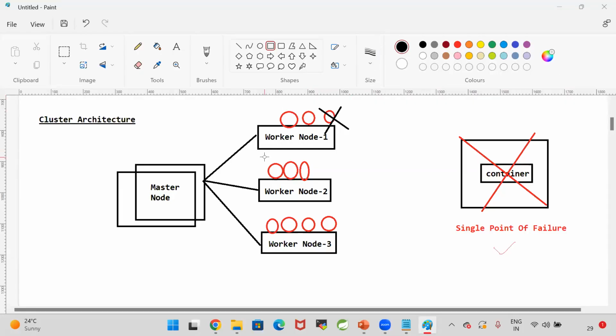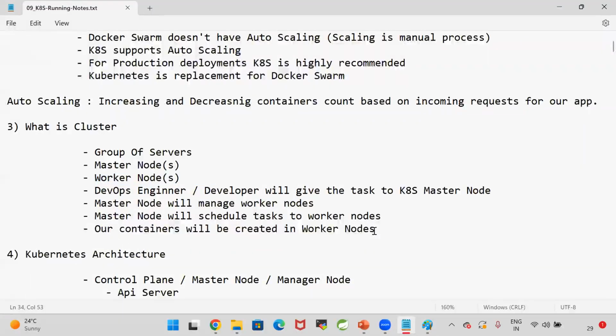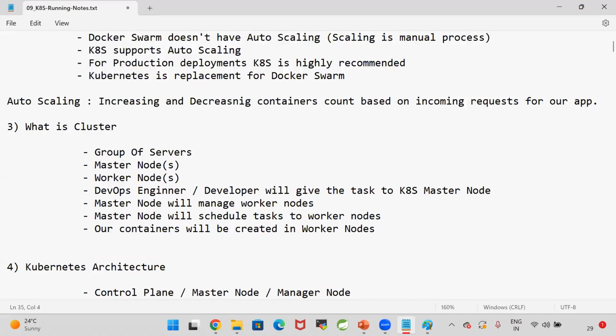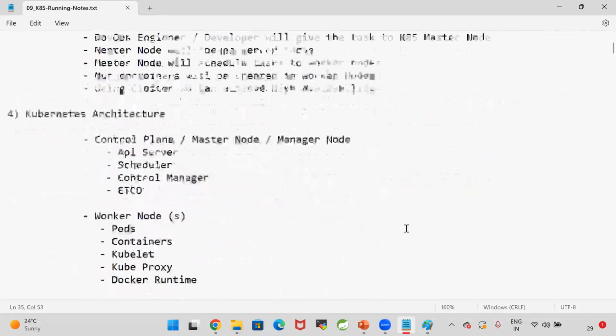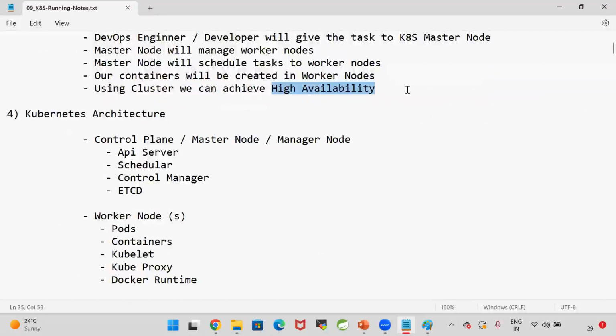By using this cluster, we can avoid a single point of failure. Using a cluster, we can achieve high availability.